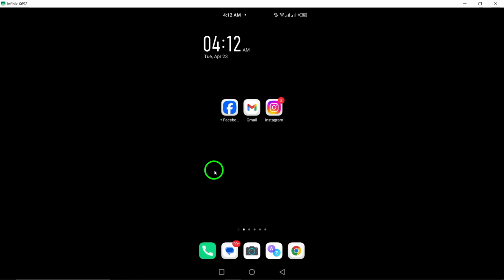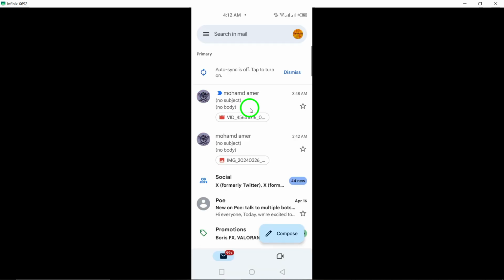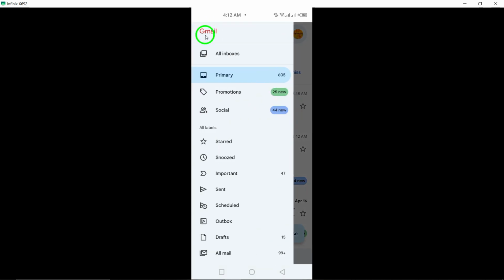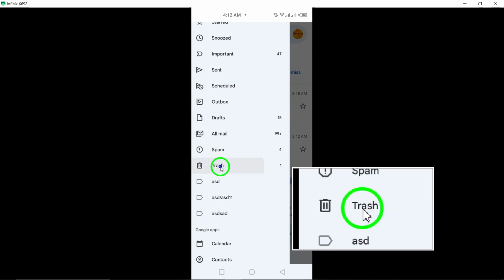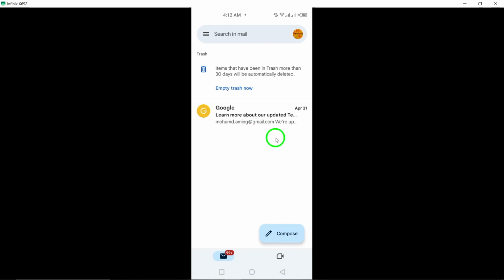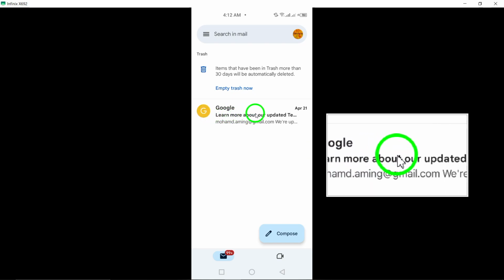To begin, locate the deleted videos in the trash by opening the Gmail app on your Android phone. Tap the three-line menu button to reveal the menu options. From there, select the Trash folder, which might be named differently based on your settings. If the video you wish to recover was deleted some time ago, don't worry, as it can still be retrieved